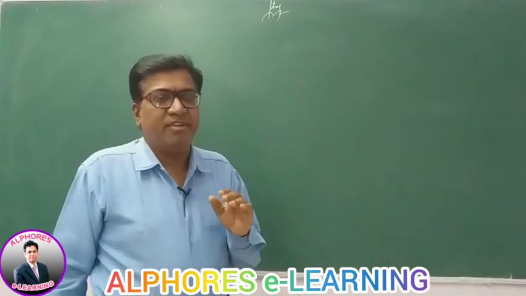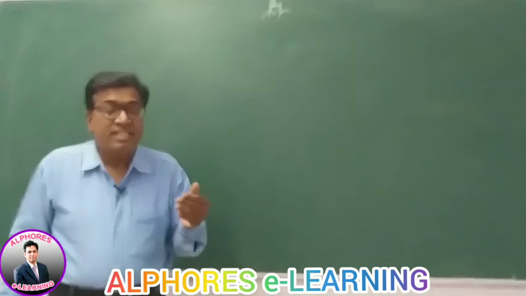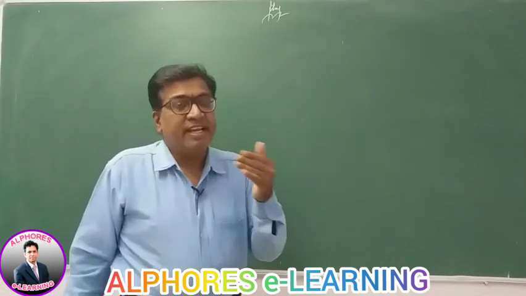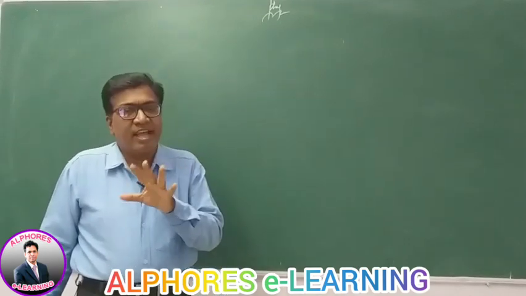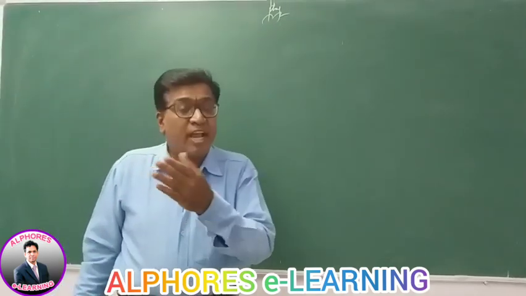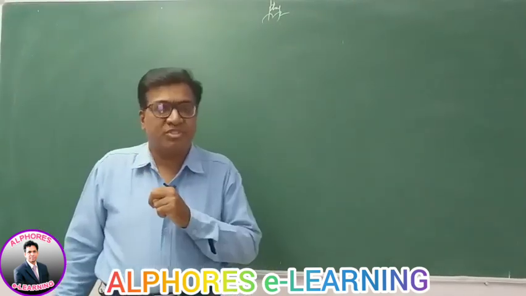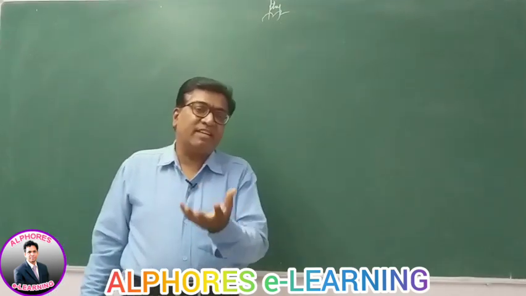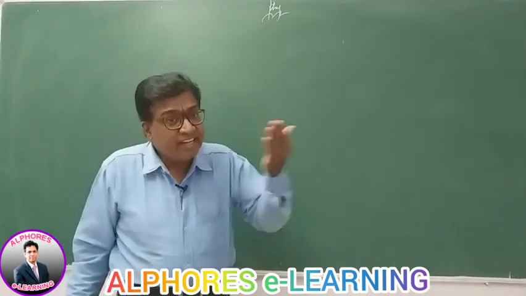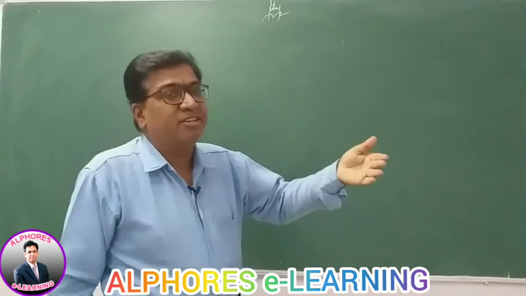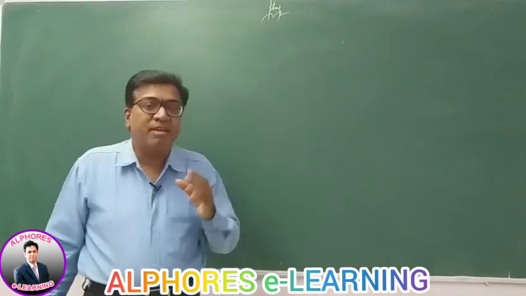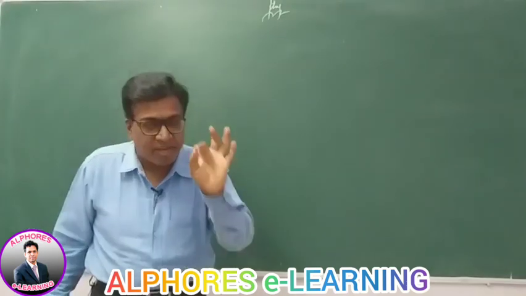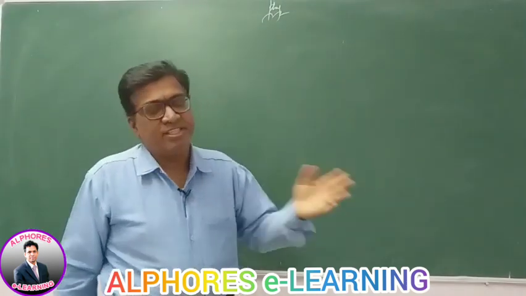Now in this we have learned the addition process and the subtraction process. In addition we have taken two methods: graph method and analytical method. In the graph method we have learned triangle law and polygon law. Triangle law if there are two forces; if there are many vectors, polygon law. Next, analytical method. In the analytical method we have learned addition of vectors by the parallelogram law of vectors. We have derived a formula for it and we have taken the illustrations.